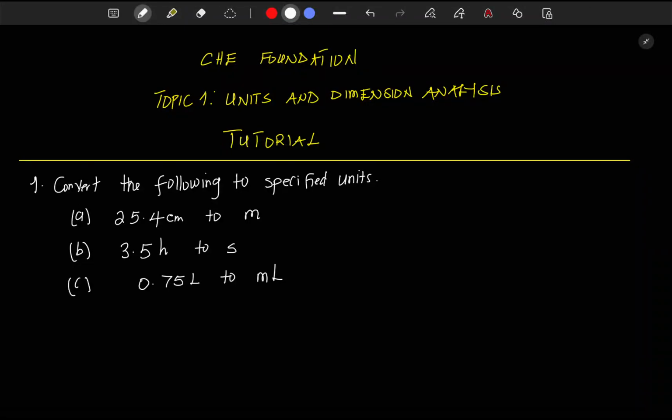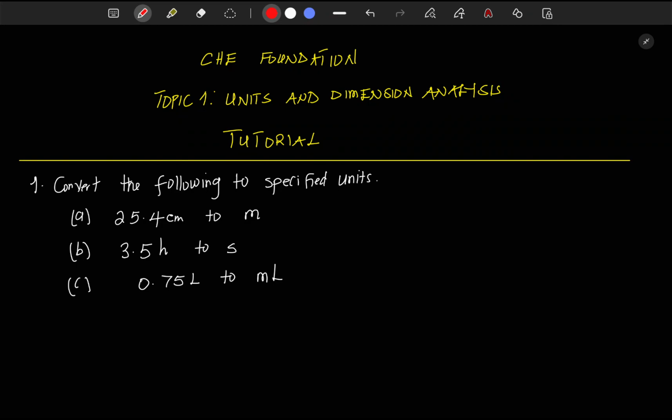We are going to look at topic 1 tutorial, units and dimension analysis under chemistry. So these are some very easy concepts, but people find it difficult to do what is correct or what is right. So we'll be using the correct way things are supposed to be done in order to convert whatever will be given. So in this case, we've been given to convert